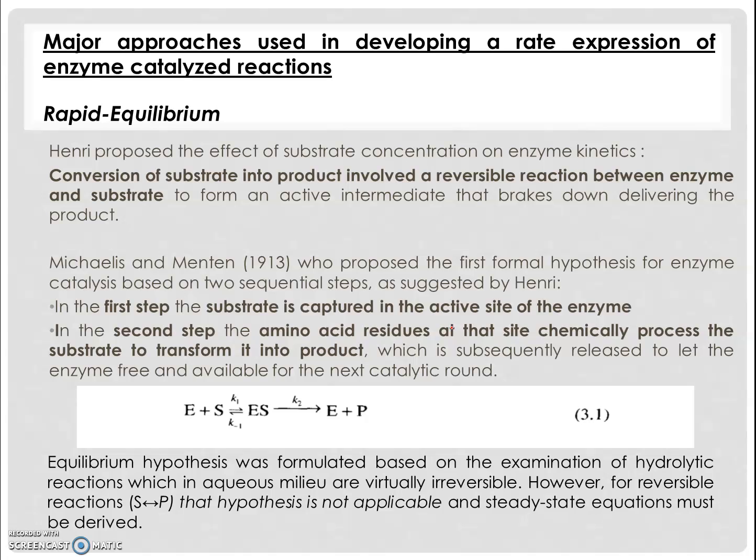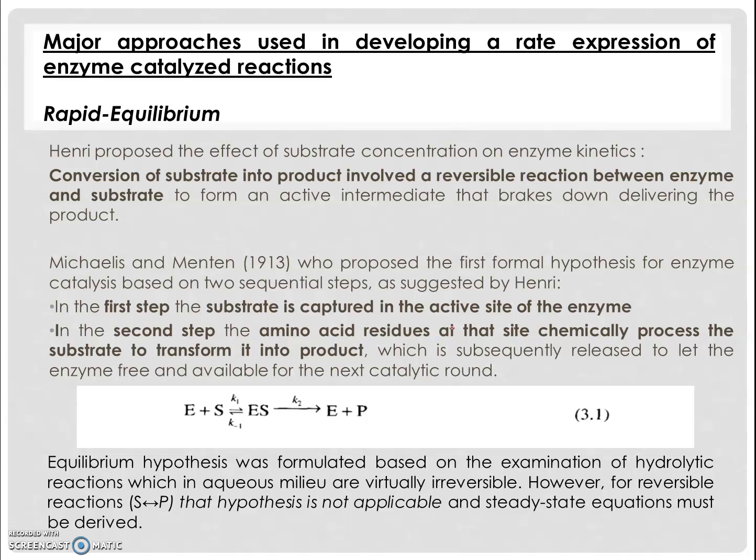Michaelis and Menten came up with the Michaelis-Menten equation, and they also proposed the first formal hypothesis for the enzyme catalysis based on two sequential steps, as suggested by Henri. So in the first step, the substrate is captured in the active site of the enzyme,